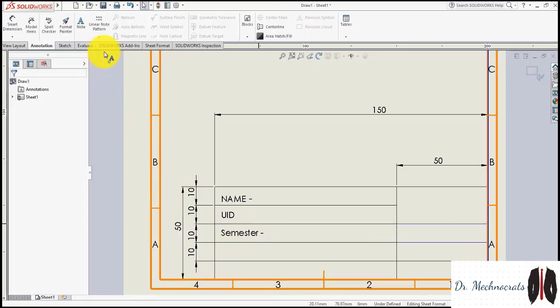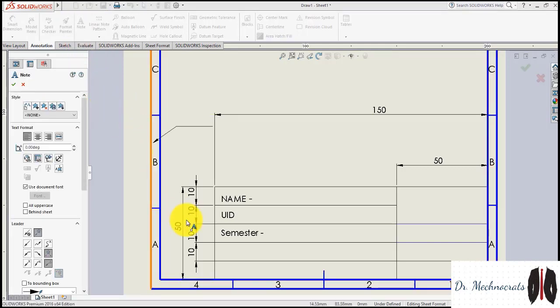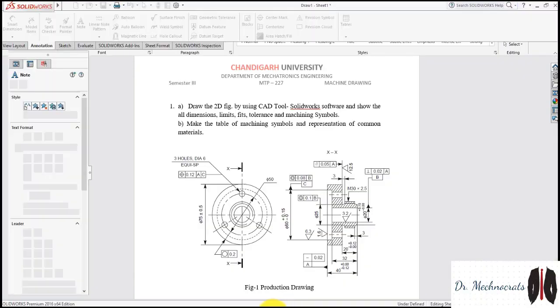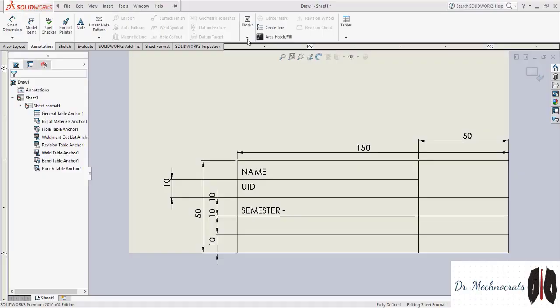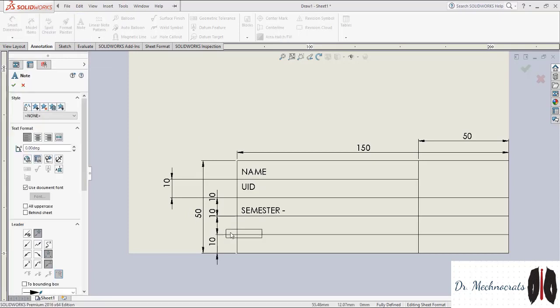After that, again you have to press the A notation. So next one, after semester, you have to write down, in the second last column, the sheet name.